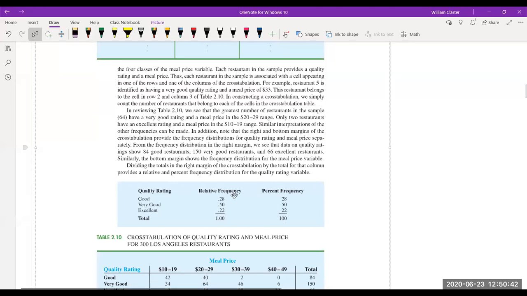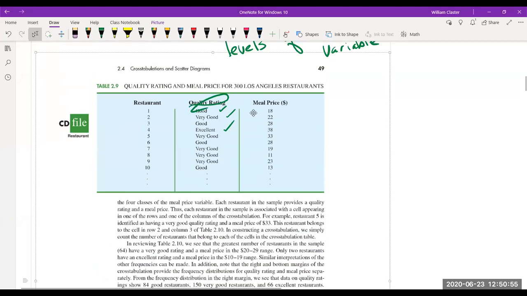And we can figure out the relative frequencies or the percent frequencies, right? Everyone knows that, right? Everybody is familiar with that, right? Yep, okay. Now, what they're going to do is they're not going to treat this meal price as a